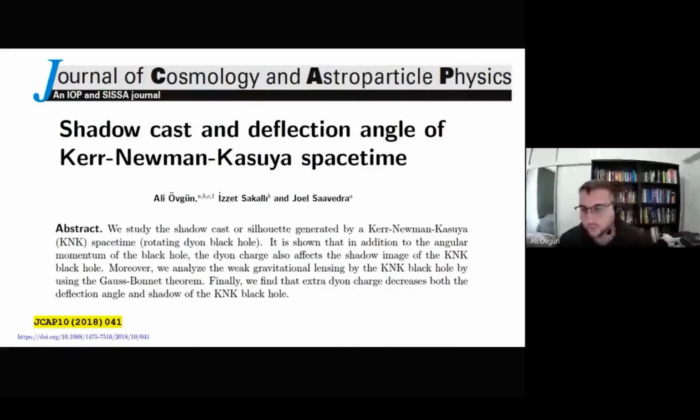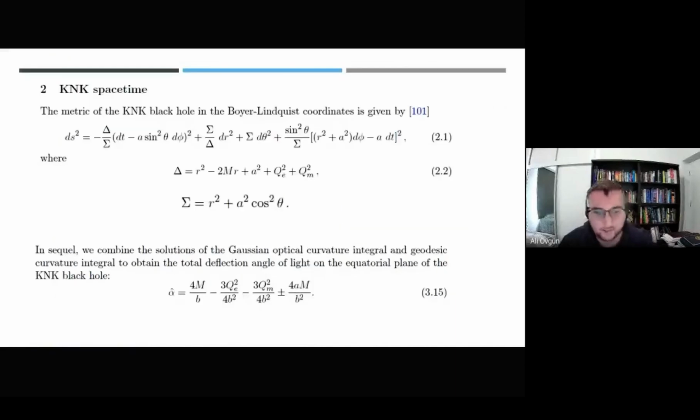What is the dyon? This is a very important thing. A dyon has electric and magnetic charge together in the spacetime. For example, if you look at this spacetime, you will see that there is additionally a magnetic charge. So the electric and magnetic charge are together. We calculated their effects on the deflection angle, and you can see that the magnetic charge also decreases the